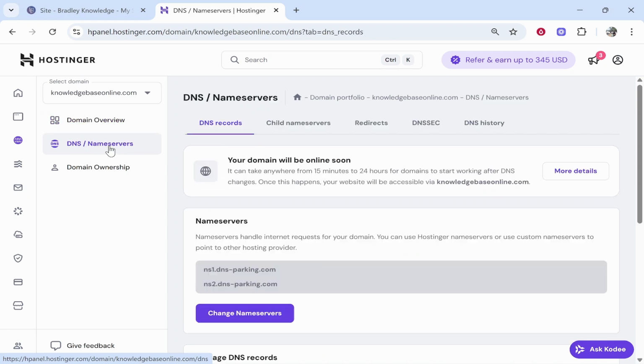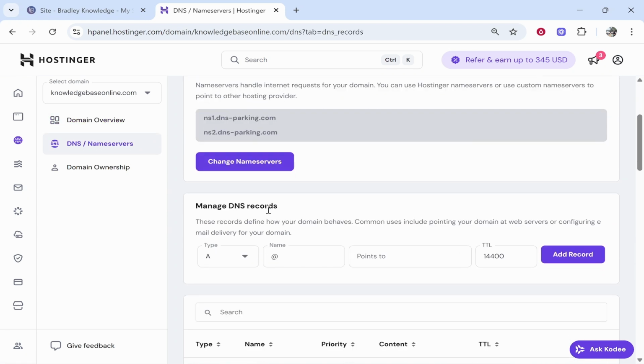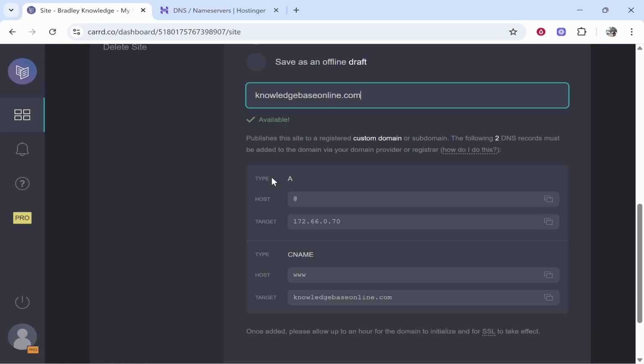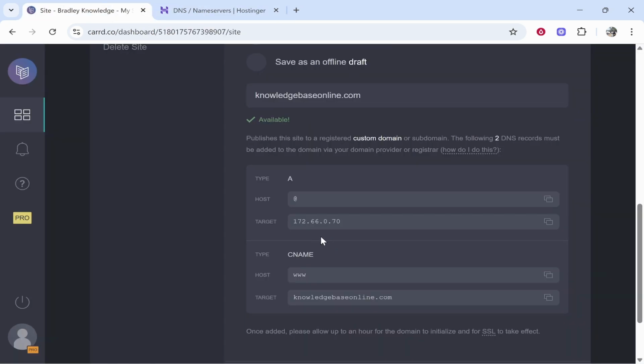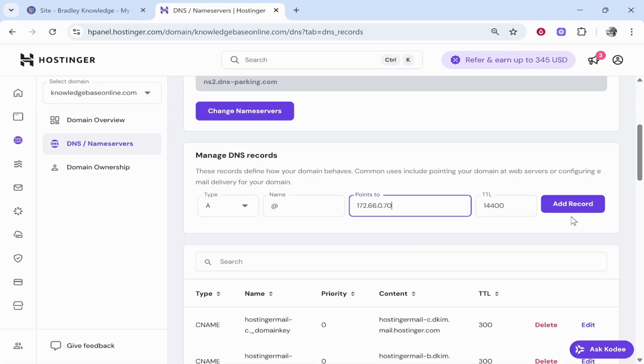This will be different depending on which company you've used to register your domain. On Hostinger, you just go to DNS/name servers, and then here you can manage the DNS records, and we can add the records that it says. So the first one is going to be an A record, so we'll leave this on A record. Then for the host, we want to type in @ which is already here, and then we just need to fill in this value, which is going to be this IP address here. So if we click on the button next to it, it will copy it,